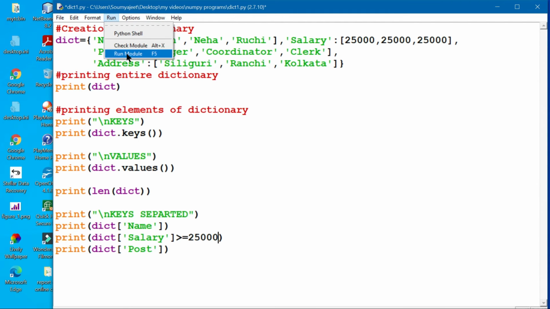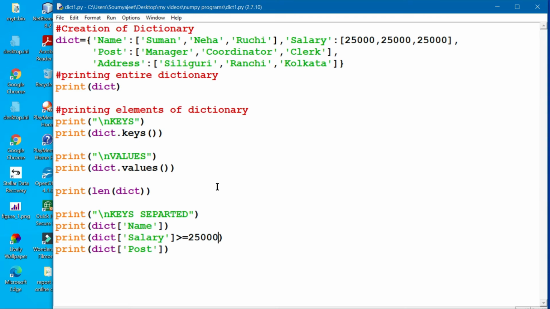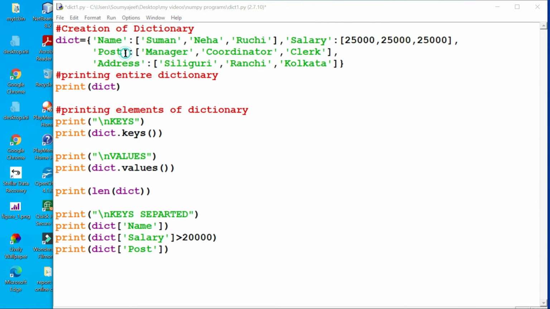There is no harm in experimenting with things, and let us check whether it is correct or not. Now it is showing us true. So for the greater than sign it is true, and for the equals to it is coming false. All right, that is the thing. So this is actually a creation of a dictionary. If I am giving greater than 20,000, let's see what is happening when all the values are the same.